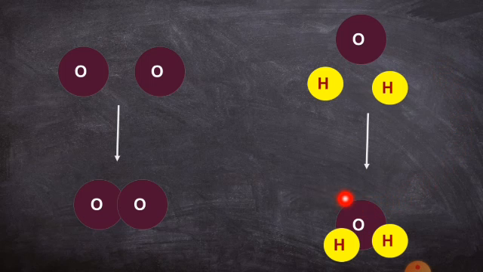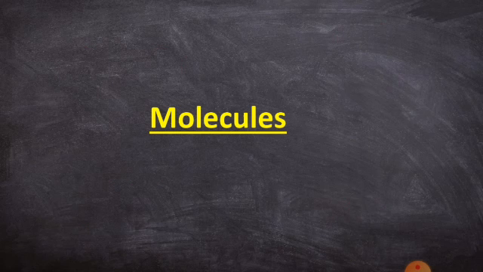What are these two, O2 and H2O? So oxygen and water are said to be molecules because there is a combination of one or two atoms which leads to the formation of molecules by chemical bond. So what is a molecule? When a combination of two or more atoms by chemical bond is formed, it is said to be a molecule.